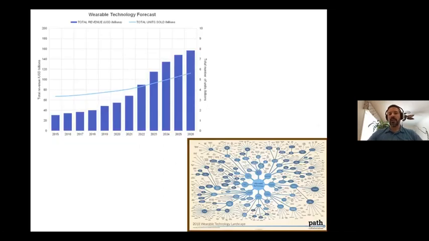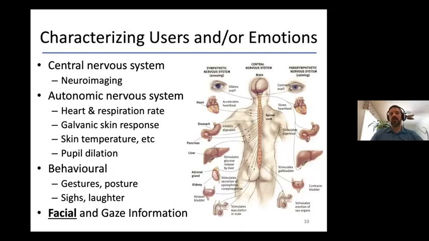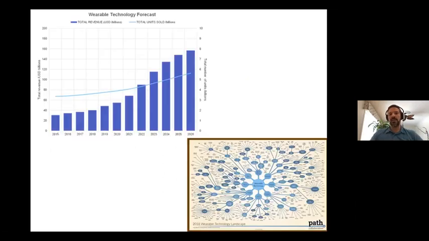So luckily, if we look at the wearables market, you can see that it's a market that is increasing drastically year by year. And it's not bound to stop anytime soon, as you can see in the curves here in terms of number of devices. If you look at the landscape of commercial devices back in 2018, this is already outdated. You can see the number of devices that were there. So now there's a lot of opportunity for you to monitor these different signals here. So there's a lot of room for innovations within affective computing. And this, I believe, is one of the reasons that it's an area that's booming and that it's emerging.